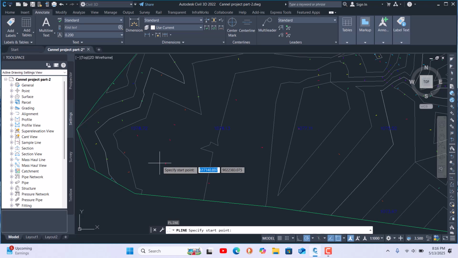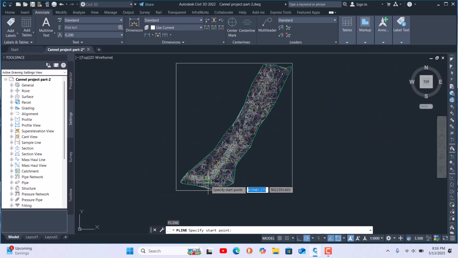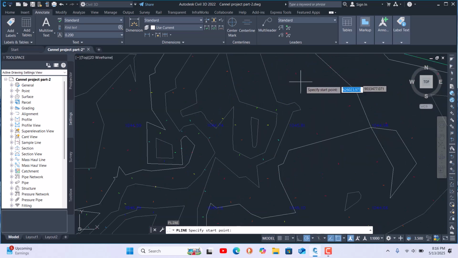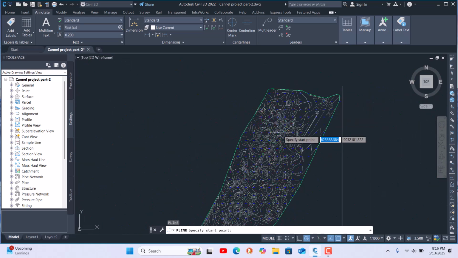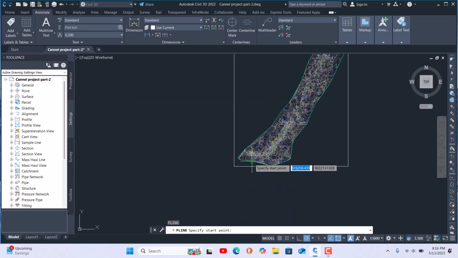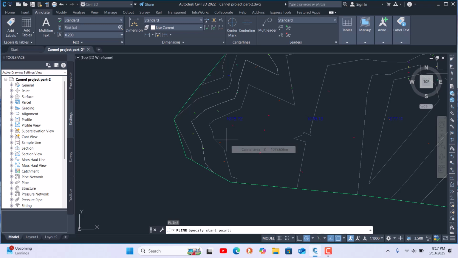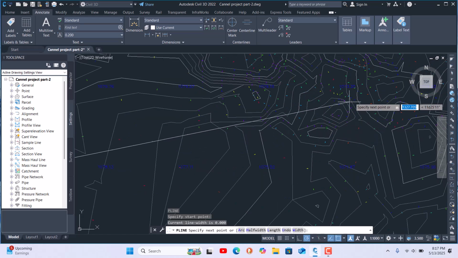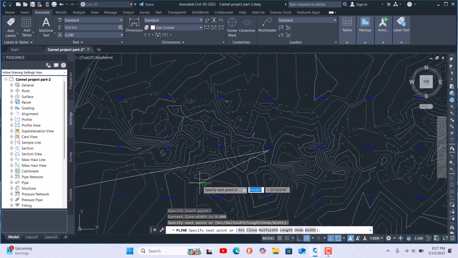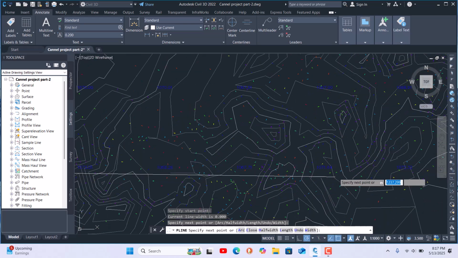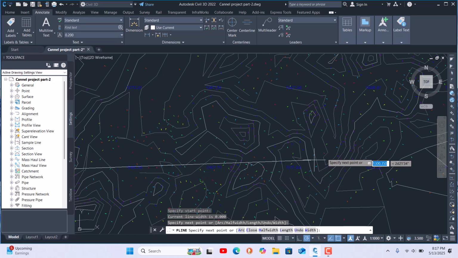We go from the higher area towards the down area, because our canal will flow by gravity. You see here is the end, 1045, and we are starting from 1080, we can say 80. So I'm going to start from this point, anywhere in this area. Then you see the 78 to 73, and here is the 74, like the slope we have to mention later, and 78 to 70.